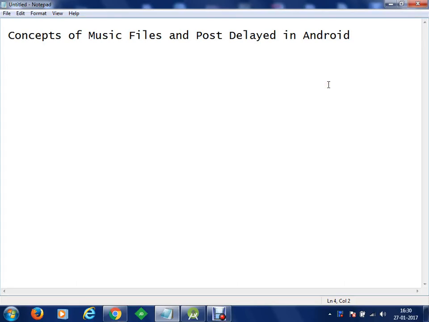In this session, we are going to understand concepts of music files and post delayed in Android. And our objective is to develop a splash screen app using the concepts above mentioned. Okay. So now, in order to add files in Android projects, we make use of a directory known as